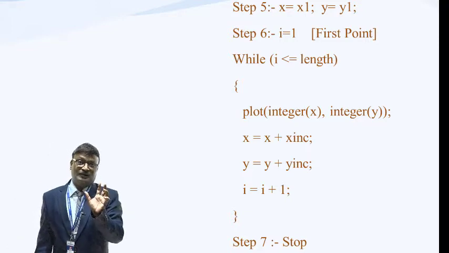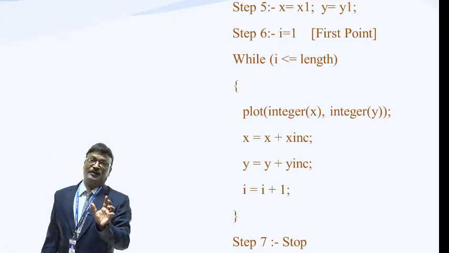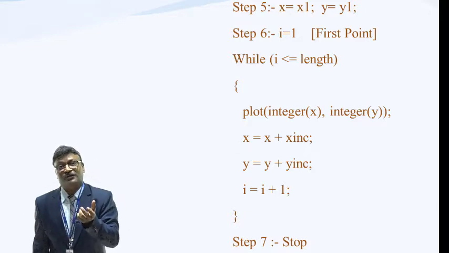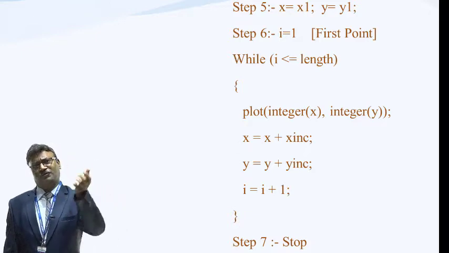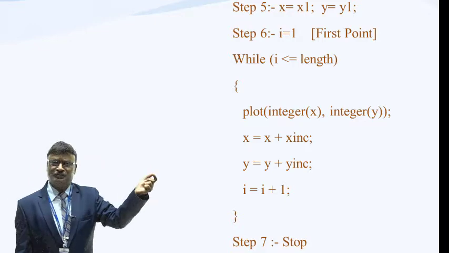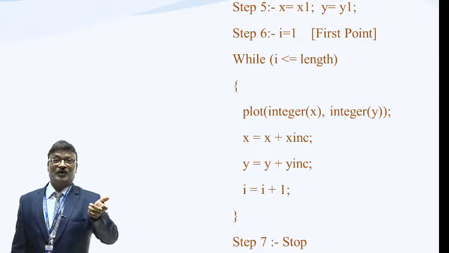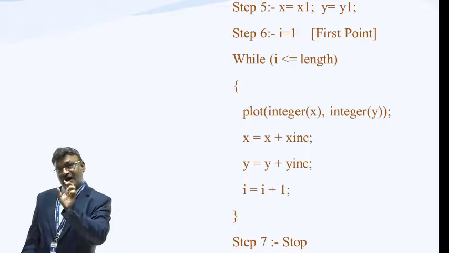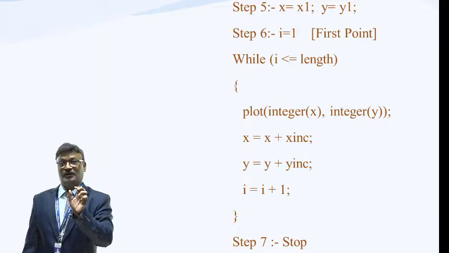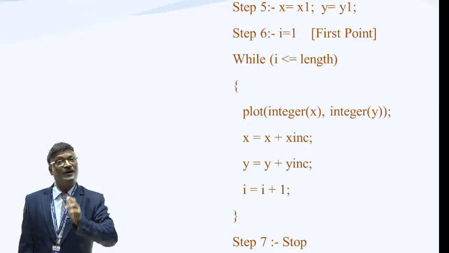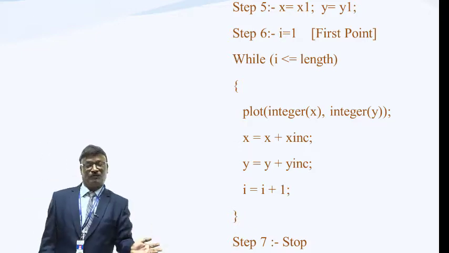So this is the way this digital differential analyzer algorithm can work. Now, what are the advantages of this? The advantage is that the calculation is very easy and it is easy to understand. But here I am always calculating float values. Why float values? Because I am adding the x increment and y increment, that is x2 minus x1 and y2 minus y1 divided by length, to my x and y values. This is one of the disadvantages.